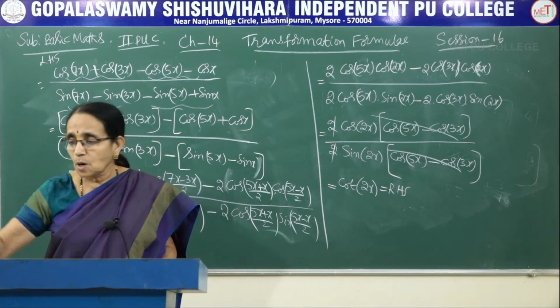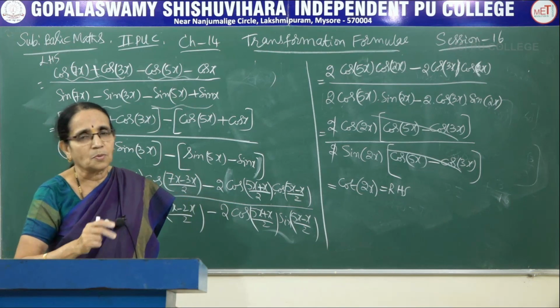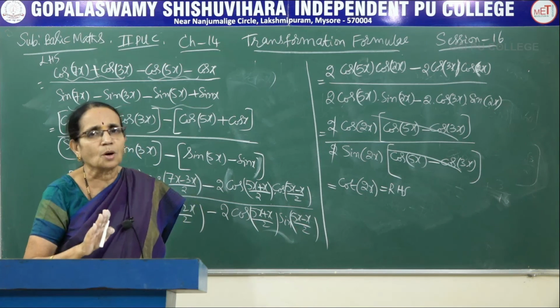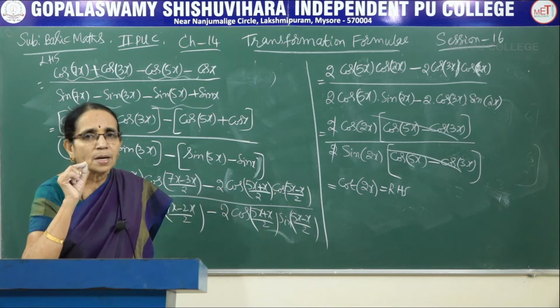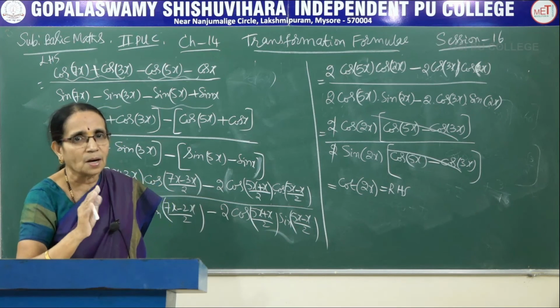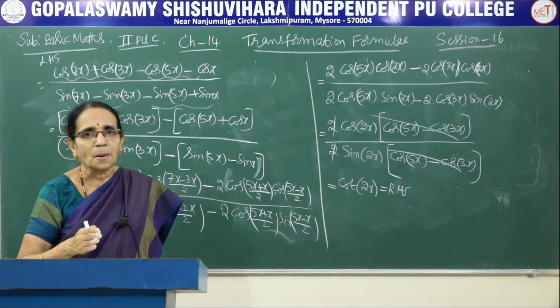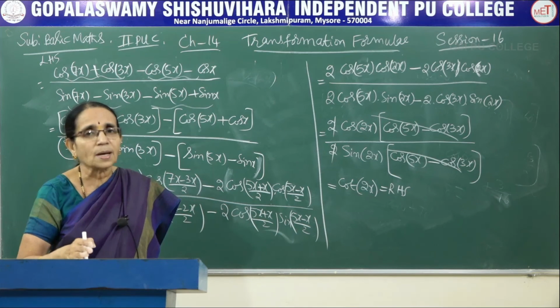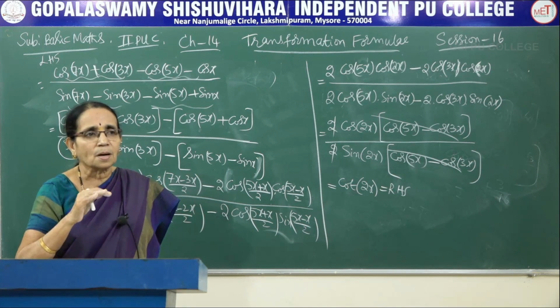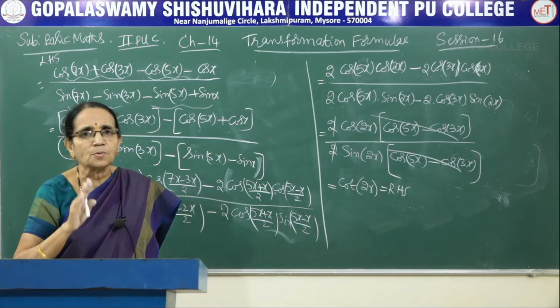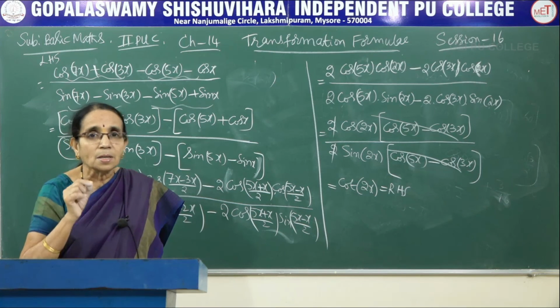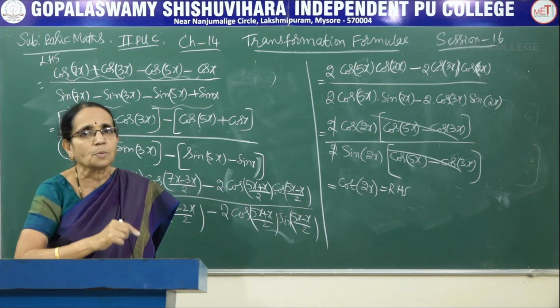That is, first what we do, we group the terms. When there are 3 terms, take any 2 of them. There also, looking at the right hand side, you have to decide which 2 terms have to be combined. See, any 2 terms you can combine. You may get the result also. You will get the result, no doubt. But it takes a more number of steps. We always have to try to solve the problem in a simpler way as far as possible.